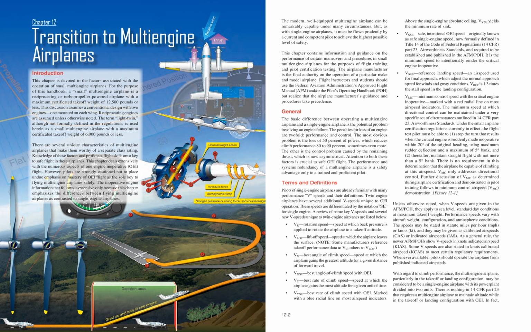With regard to climb performance, the multi-engine airplane, particularly in the takeoff or landing configuration, may be considered to be a single-engine airplane with its powerplant divided into 2 units. There is nothing in 14 CFR Part 23 that requires a multi-engine airplane to maintain altitude while in the takeoff or landing configuration with one engine inoperative. In fact, Figure 12.2